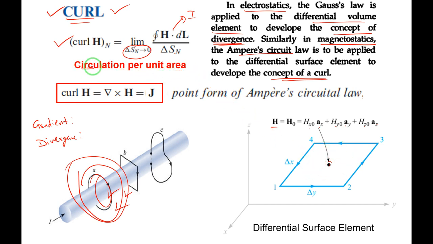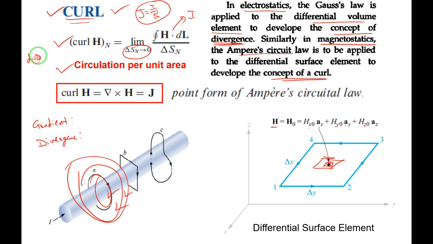So simply we can define curl as circulation per unit area. This is the circulation. If I consider this smaller unit area, it can still be reduced. This is the surface we are considering. Circulation per unit area means finally at the point we want to calculate. Current passing through unit surface area is nothing but current density J. J is equal to I by S. We always define current density at a point, meaning at this point finally we want to find the curl.